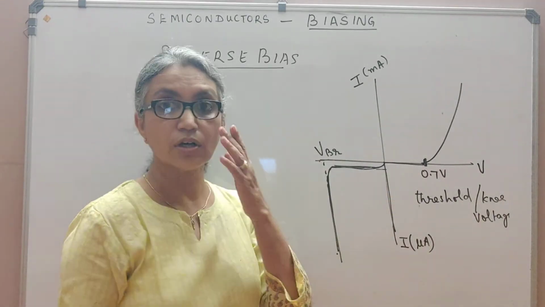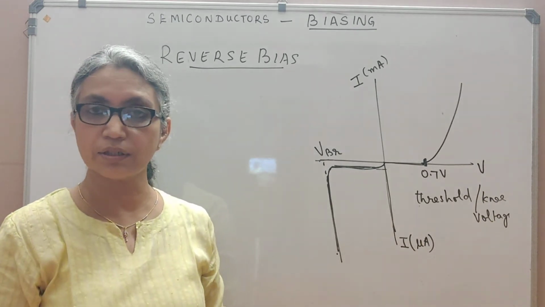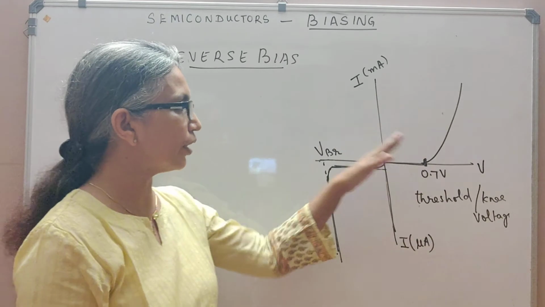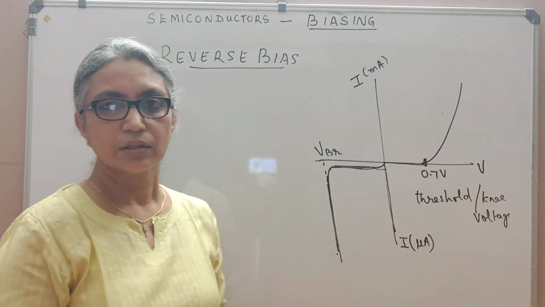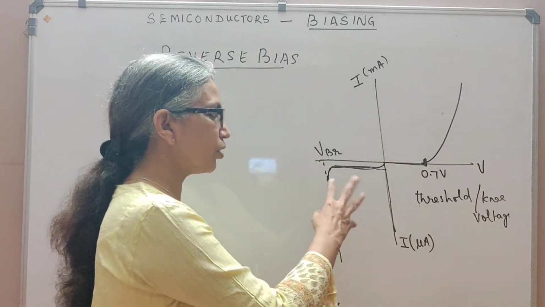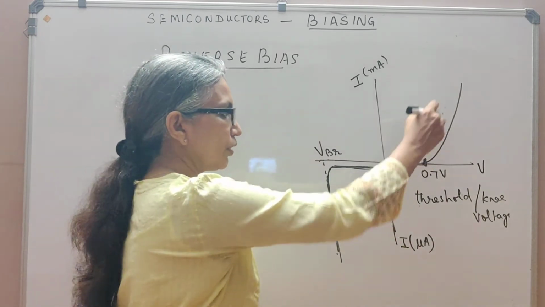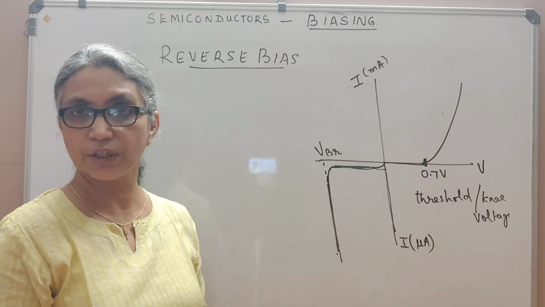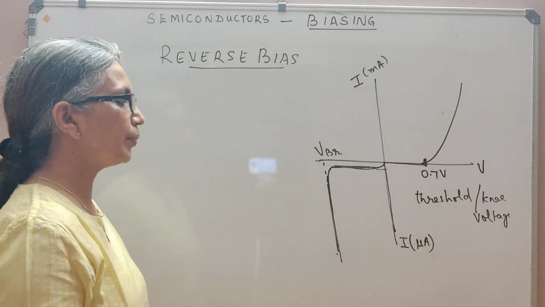You will see that this is a non-ohmic device. Like we learned in current electricity, semiconductors are non-ohmic devices because the VI graph is not a straight line. So it does not obey Ohm's law. You can't have a curve like this. Ohm's law says the VI graph should be a straight line whose slope gives you the resistance of the material.